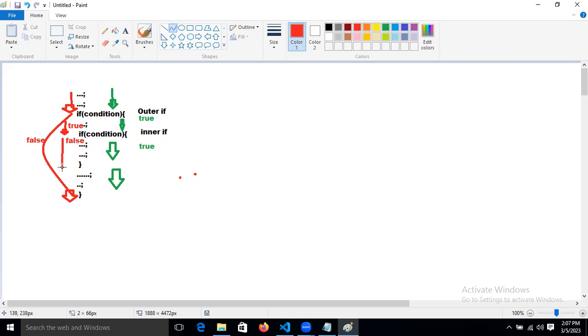It will come directly outside of this block, and from here the execution will start again, guys. This is the flow of our